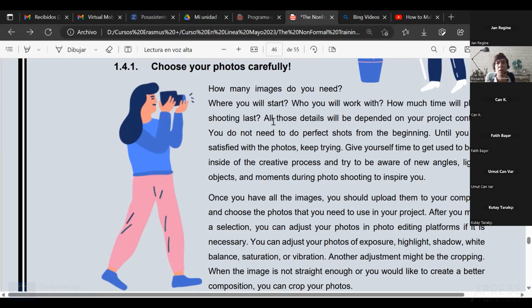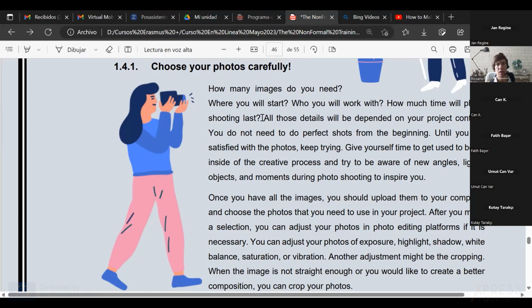How much time will the photo shoot last? So maybe you will need to comment on a photograph more than another, so they will be in your video more times. So those details have to be carefully chosen and carefully thought of, depending on the content of your project.